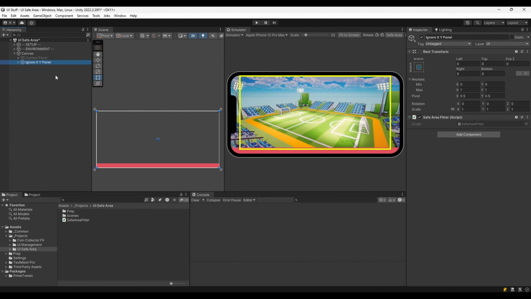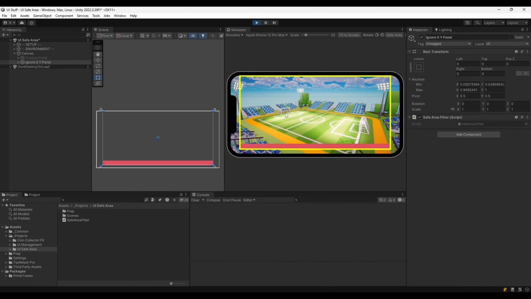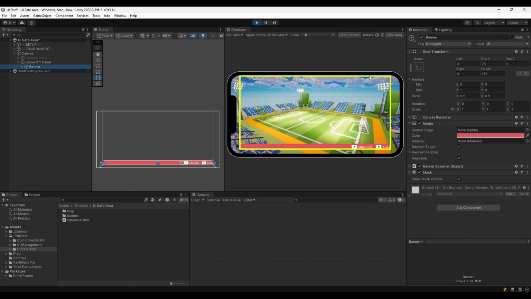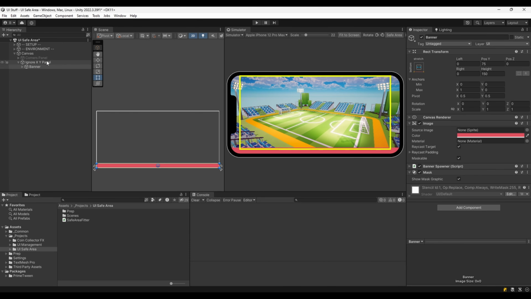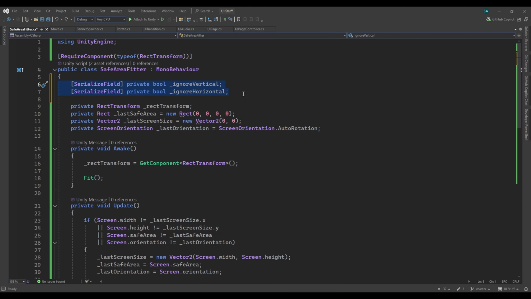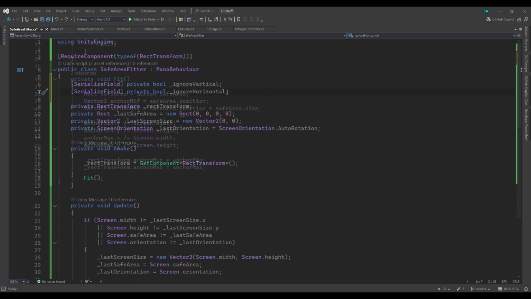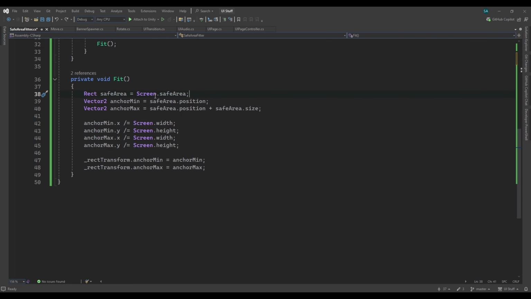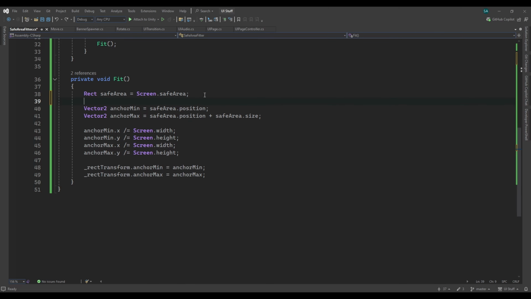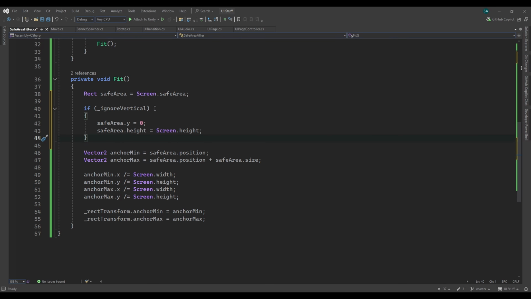Now let's have a look at the second panel. When I enter play mode, this is going to resize the banner to fit within the safe area. I don't want to do what we did with the background for this because I want it to affect its Y position but not the X position. So I'm going to add 2 new booleans called ignore vertical and ignore horizontal. And inside the fit method, after getting the safe area, let's call if ignore vertical is selected,